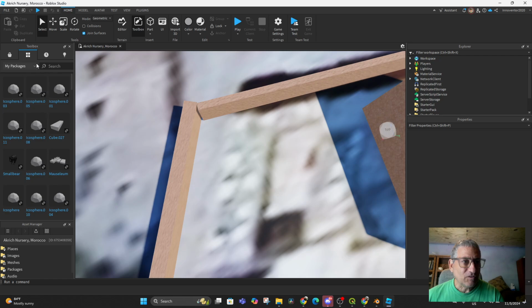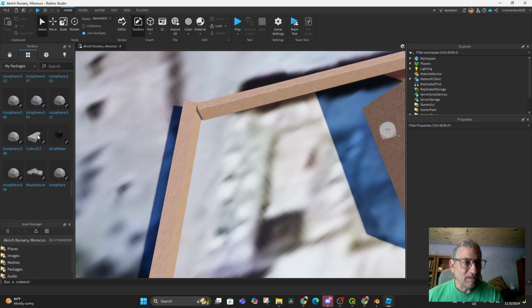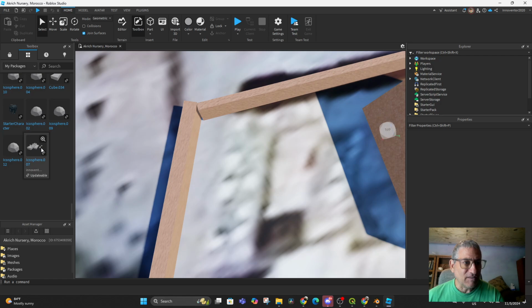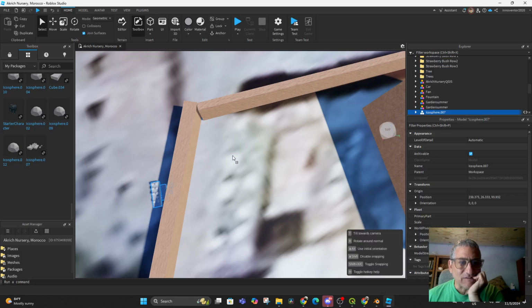And if I now go to my packages, it's there, but it says Icosphere instead of Mausoleum, which is really weird. Like, why does it do that? Why does it say Icosphere? Anyway, if I drop that in